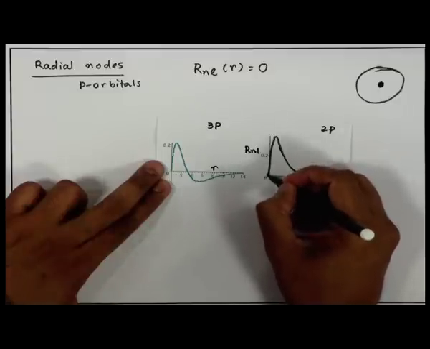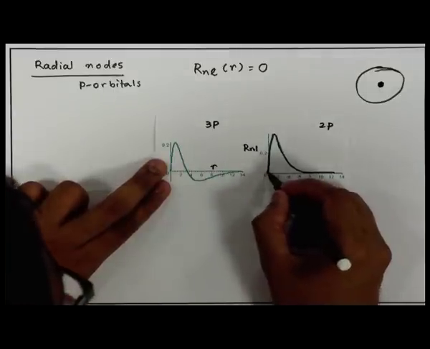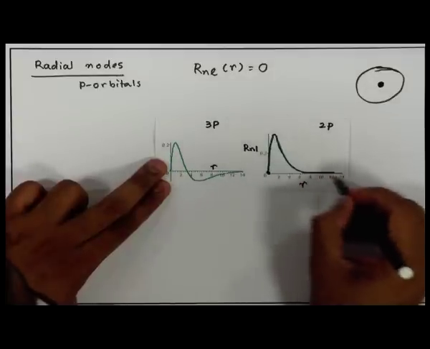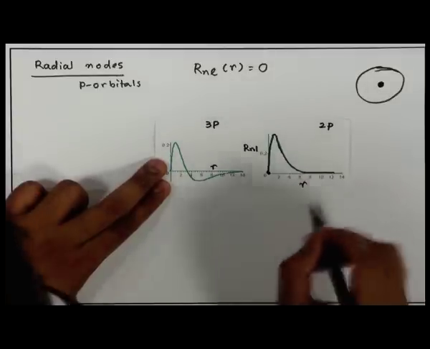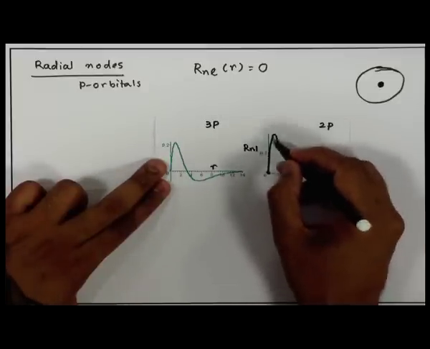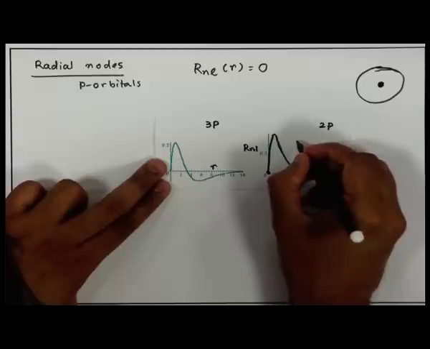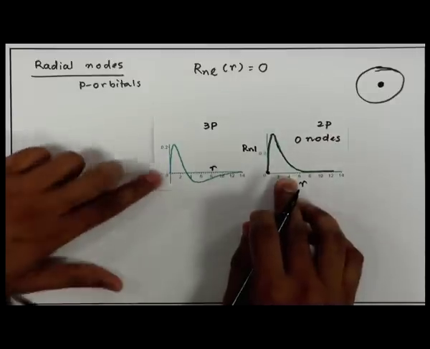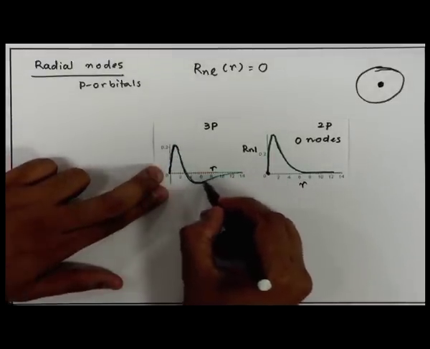So, this is not a node, this is actually a result from one limit when r goes to 0, and similarly at very large value of r, this asymptotically goes to 0. So, in this case the radial part of the wave function has no nodes. So, this has got 0 nodes, and in case of 3p orbital, the wave function looks like this,